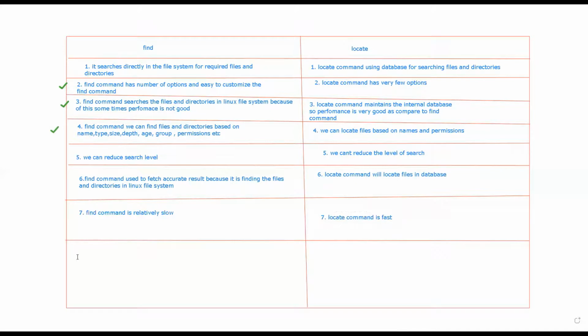So this is the seventh difference, and the eighth difference is the find command. There is a way to use the search result by using the -exec option. There is, but in case of locate, there is no direct way to use the search result, right? So I can say, eighth difference.